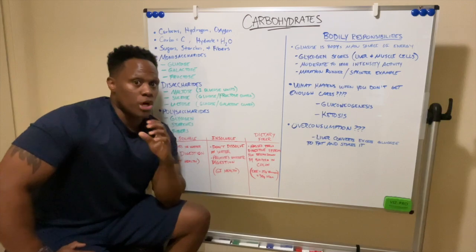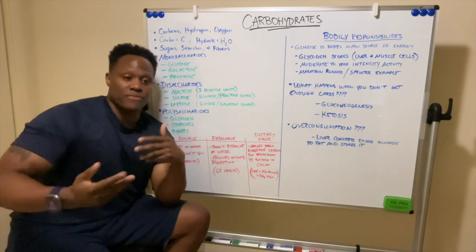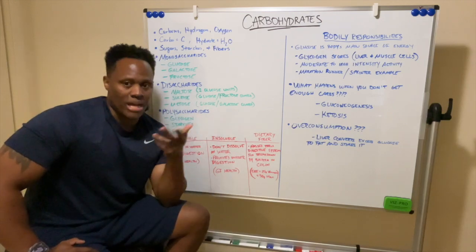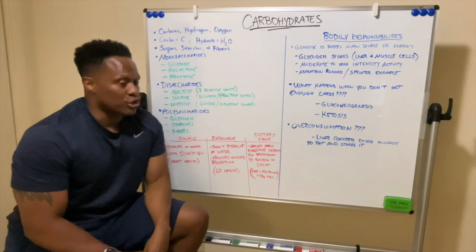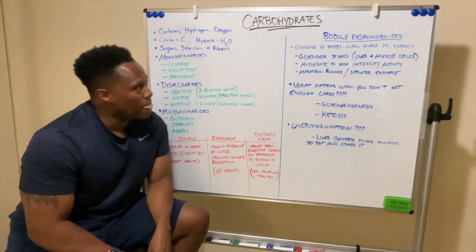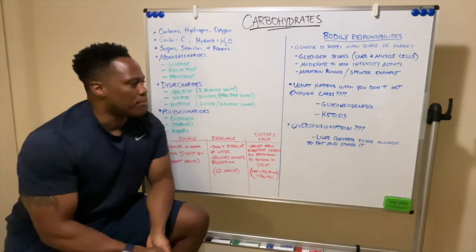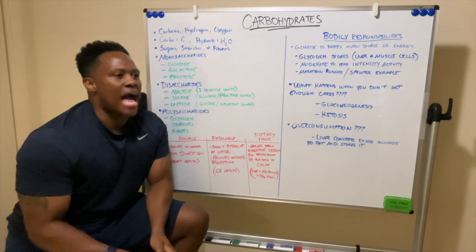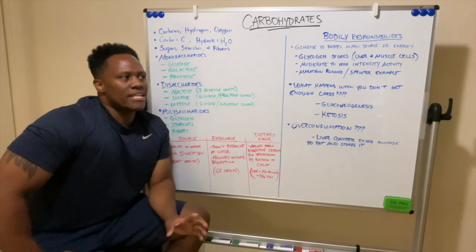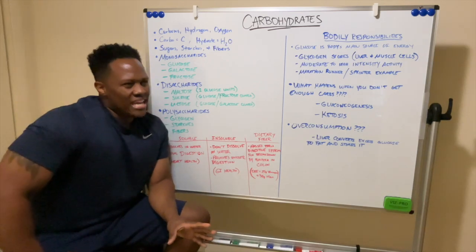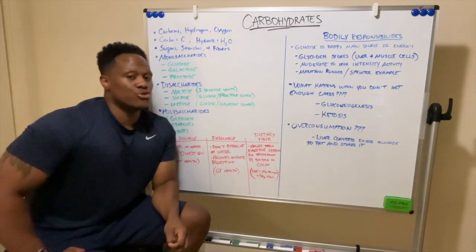It prefers glucose for most things, most internal activities and even for external activities, working out, weightlifting, doing cardio, things like that. Your body prefers glucose, okay? So because of that, your body will start a process called gluconeogenesis if absolutely necessary. Because the problem is with fat, even though that is considered an energy source, it doesn't produce glucose in high amounts, or at least at the same rate that carbohydrates does.